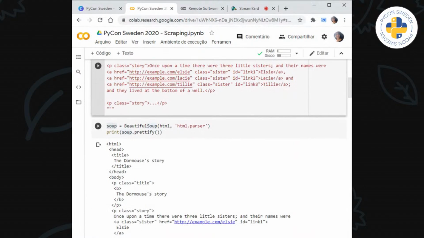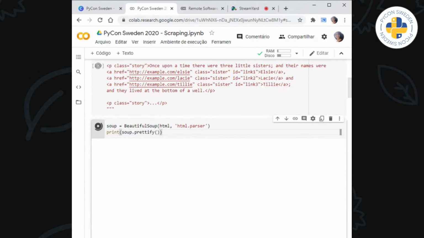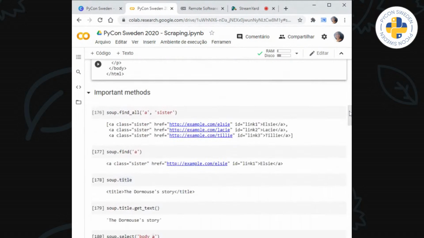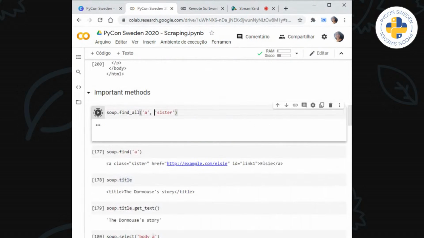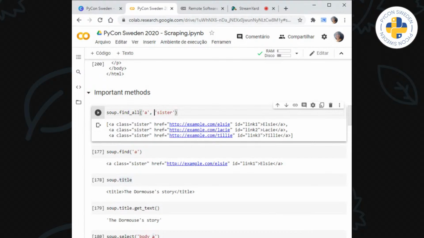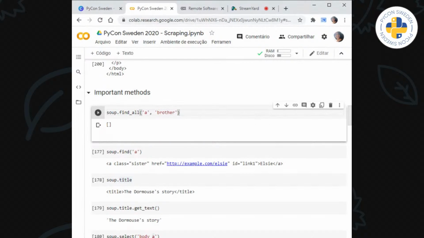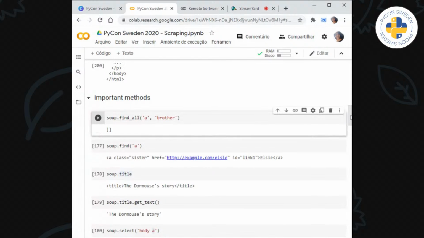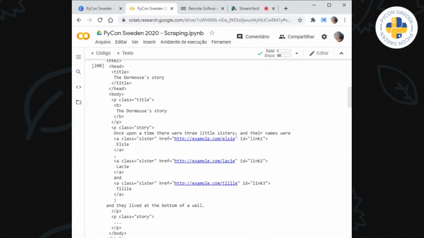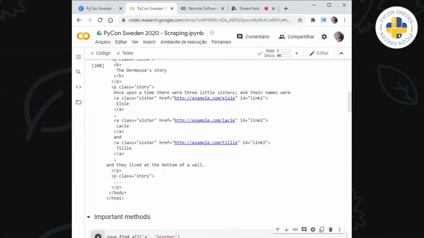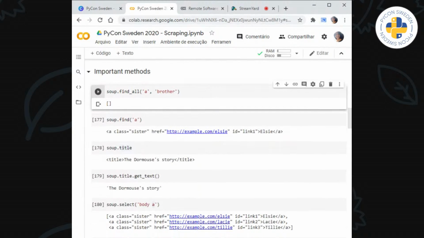It should return the same thing because all the links have the class sister. But if I put in brother, for example, it should return nothing because if we look into the page structure, there's no link with a class called brother. Pretty simple.